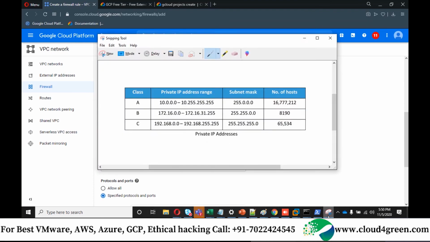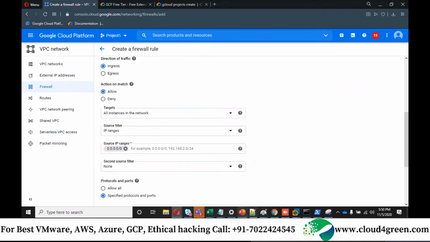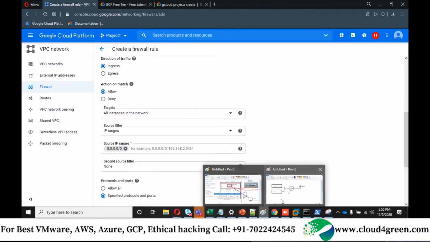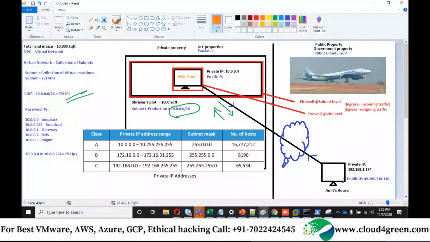So here for a virtual machine it is a source. So let me come back here. For a virtual machine, Amit's laptop is a source. For Amit laptop, cloud machine is a target. Do you agree? Yes, sir. For a virtual machine, source means this public IP address.